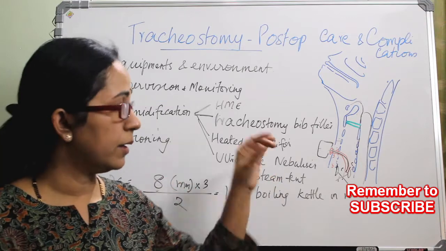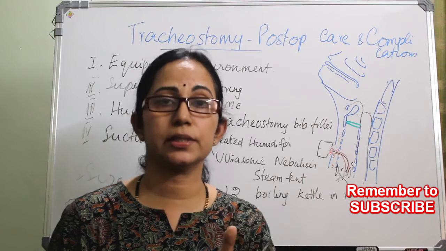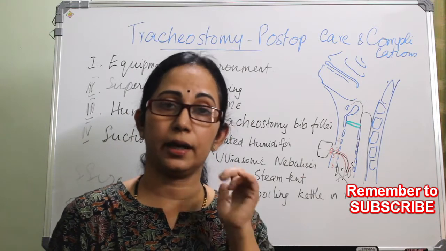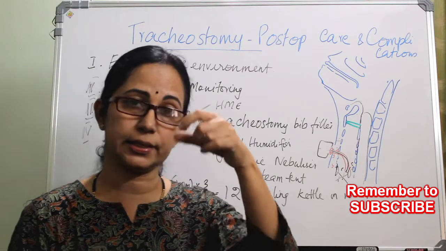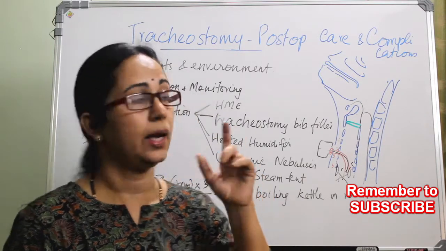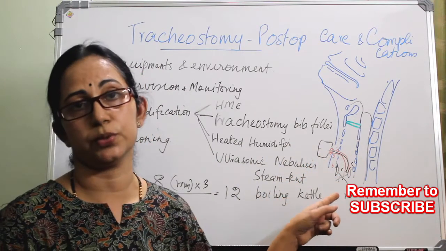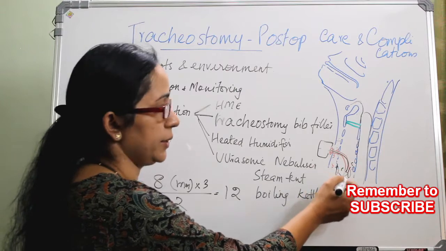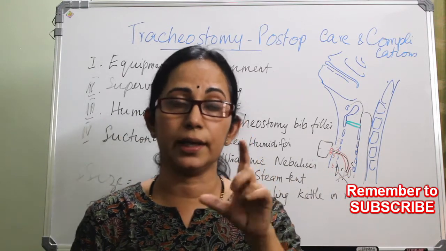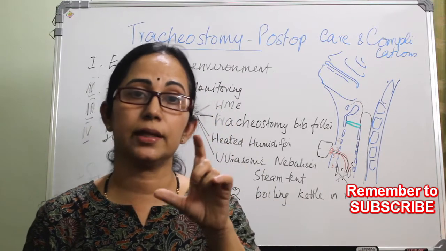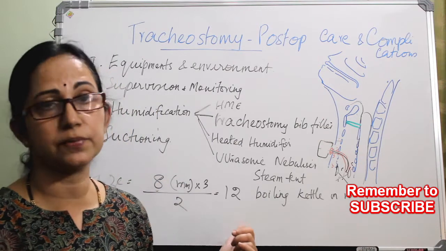Number 2, do not suck while inserting. Close the suction opening at the time of inserting the tube, and while taking it out, rotate and take it out and give suction. The suction catheter should stay within the tracheostomy tube. It should not go beyond that. You should have an idea of the length of the tracheostomy tube. Mark the length on the suction catheter and put it accordingly so that damage will not happen.